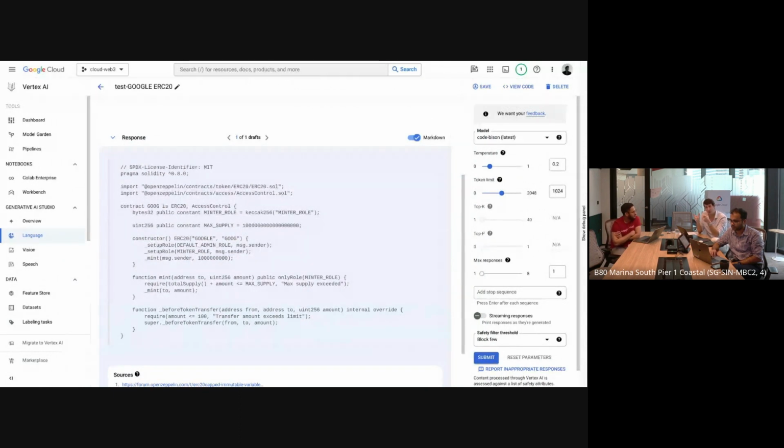the importance of the model, right? If you use a text model for code generation, you won't have very good results. You might have good results, as we've seen, right? We can make it work. But if you use Code Bison instead, you don't have to do anything, right? So it's really important. And that's really